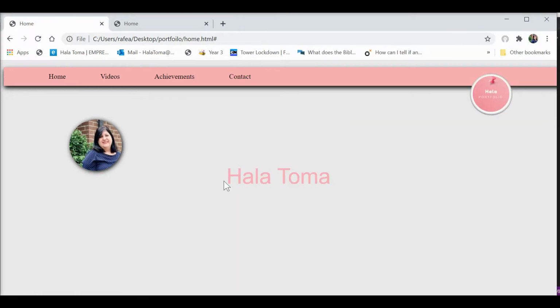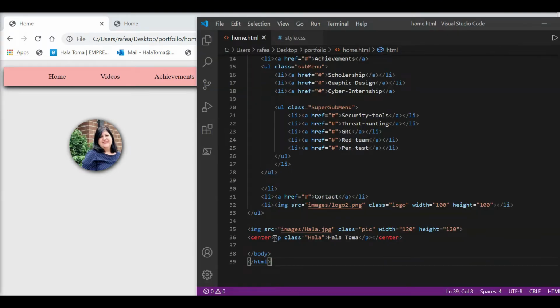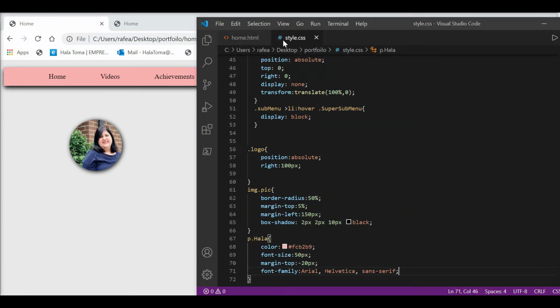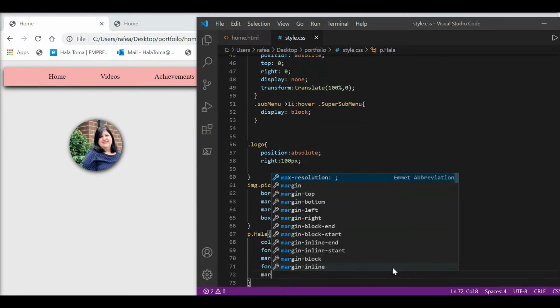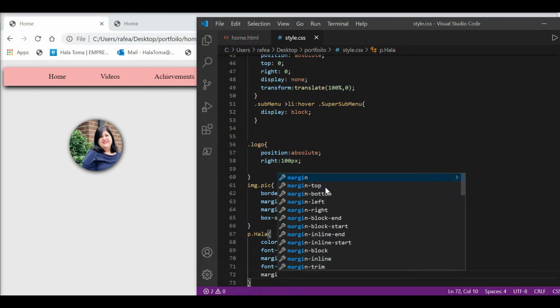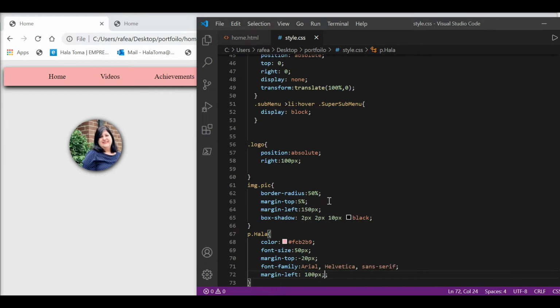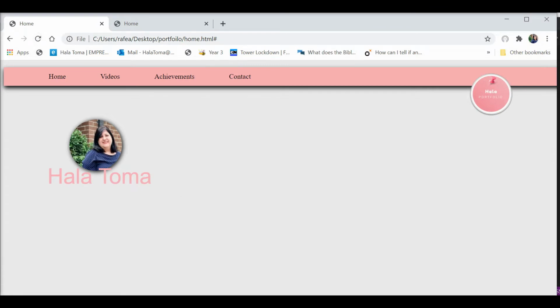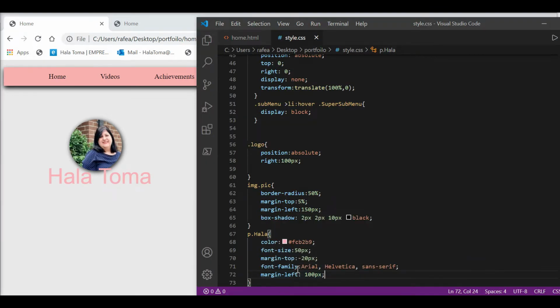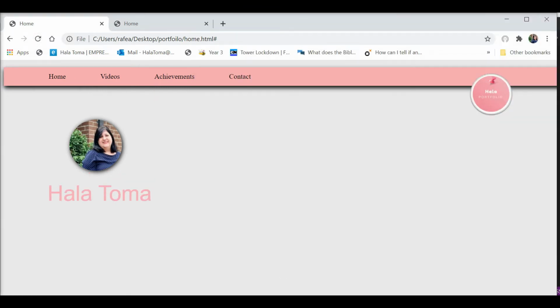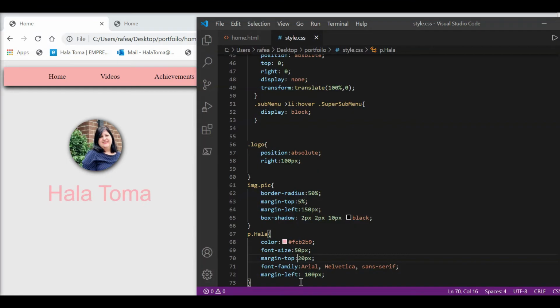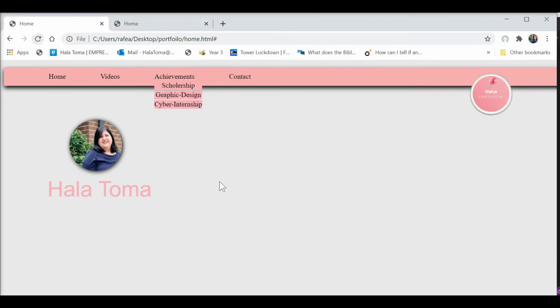Or if you want to give it a margin, let's remove the center and here margin left pixel. Okay, need some margin top. Give it